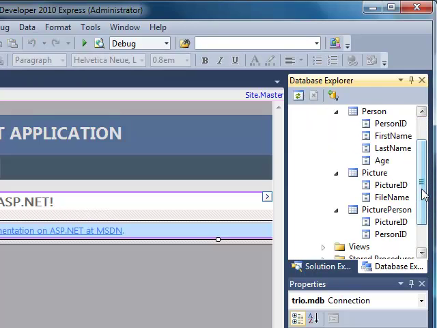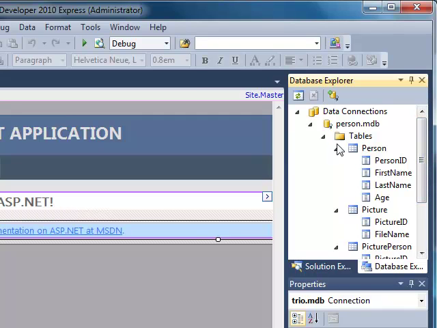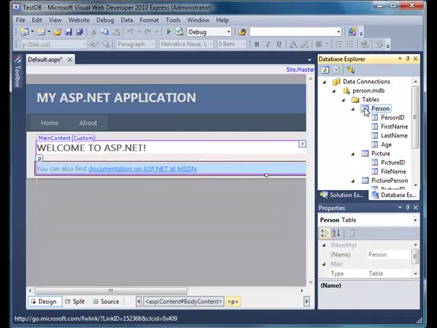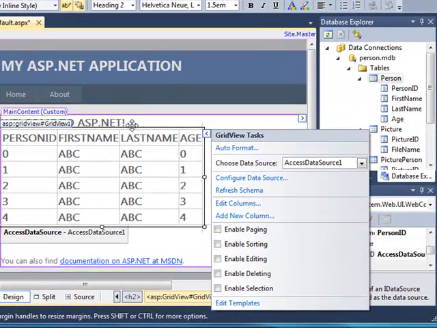Now let's see what we've got here. I've got some tables in here. I'm going to drop my person table and just drag it, and I'm going to drop it on here. So let me do that. Okay. And I have a grid view. So this is just an example grid view, but the actual data is now connected